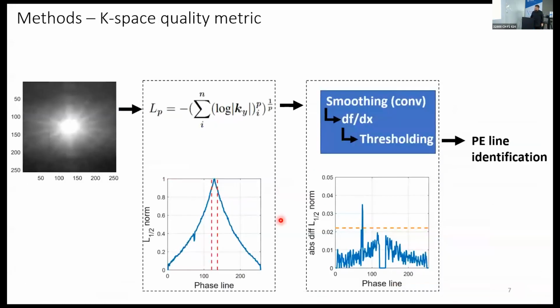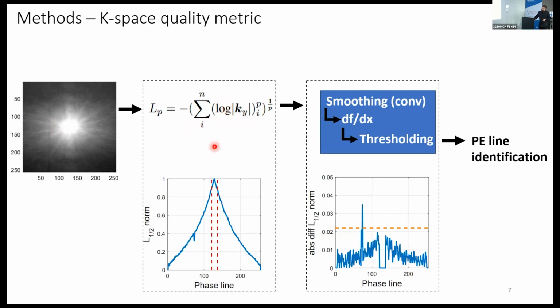And so in fact, as a byproduct of this subproject, ROCO, we developed a little algorithm which we use as a K-space quality metric, thanks to these lines in K-space, which come from reconstruction with the ESPIRiT algorithm. We take the raw multi-coil data, we reconstruct it, and we obtain K-spaces like this, with the appearance of these bands, and we can detect them using, here you can see the formula for the LP norm.